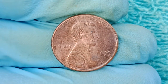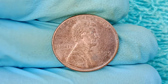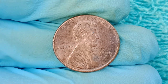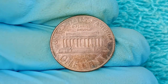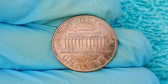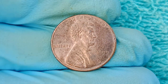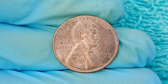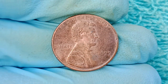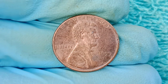sales, bidding furiously in online auctions, and hoping against all odds to find the next ultra-rare 1999 cent, while counterfeiters try and fail to replicate the ultra-specific markers of authenticity these coins possess, and authentication services have responded by developing new microscopic scanning techniques to verify the presence of known errors such as the subtle doubling on the word Liberty, the characteristic hairline striation behind Lincoln's head, and the unusually crisp ridge on the upper right corner of the Lincoln Memorial, all of which form a checklist of anomalies that now define the genuine $613 million coin, and as more